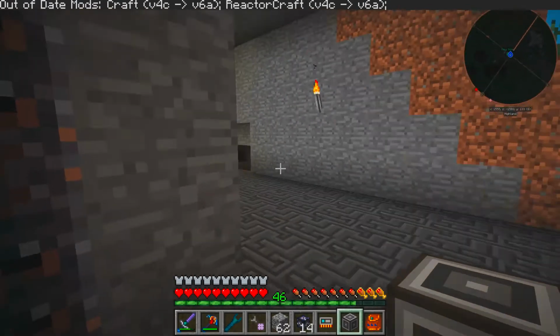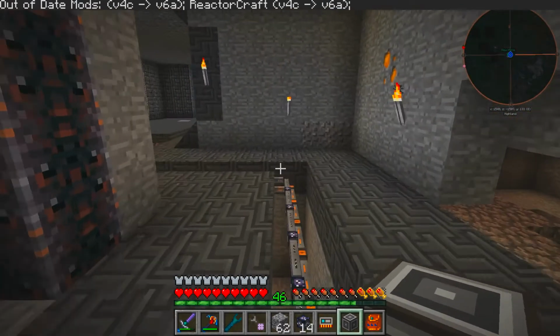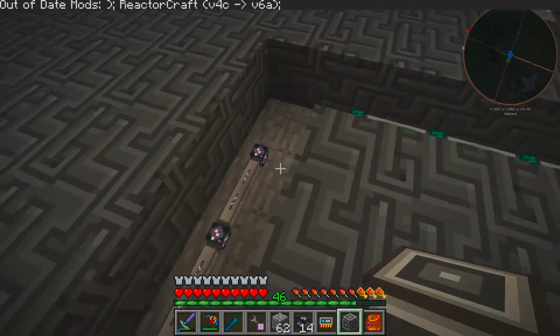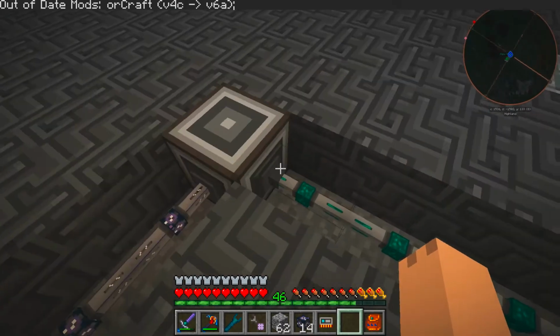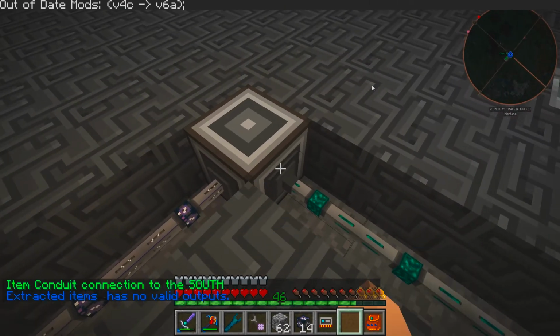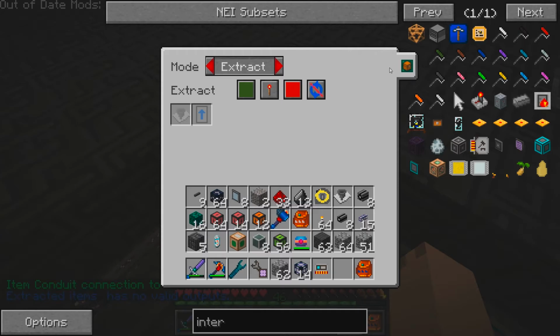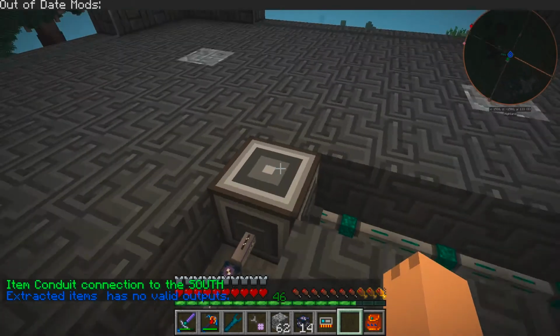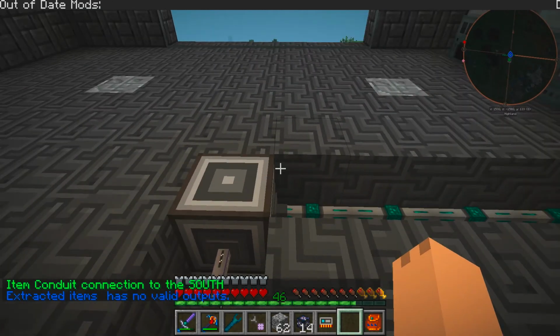So we should be able to run over to here. I always run the wrong way around this thing. I don't know why. And we'll just shove our ME interface right here. Okay? Oops. Come on, computer. There we go. And we'll set you to insert. Great. All right. So then...